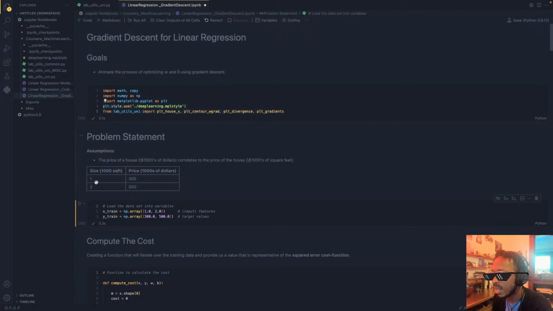This is our training data: when it's 1,000 square feet, the price is $300,000, and when it's 2,000 square feet, it's $500,000. Between those two data points, we want to build a model that can help us predict some novel